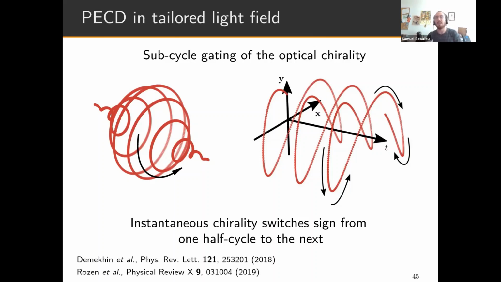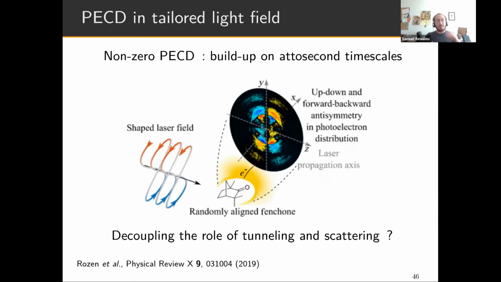And taking these characteristics into account, it is not so obvious if such a field will lead to photoelectron circular dichroism, or if the zero net helicity will lead to a forward-backward symmetric distribution. And by looking at this snapshot, which has been measured experimentally, one can see that photoionization with such a field leads to an